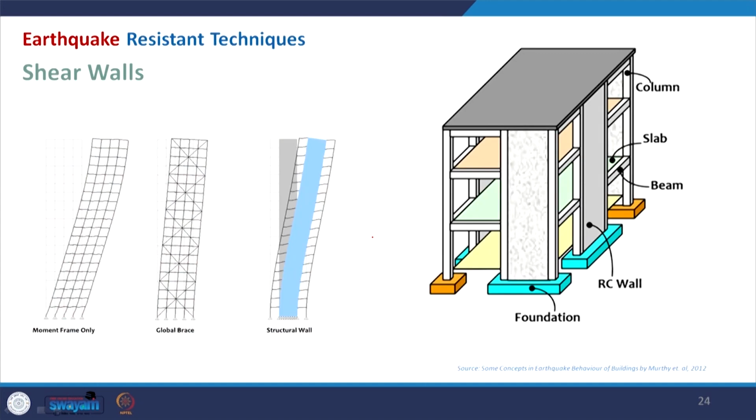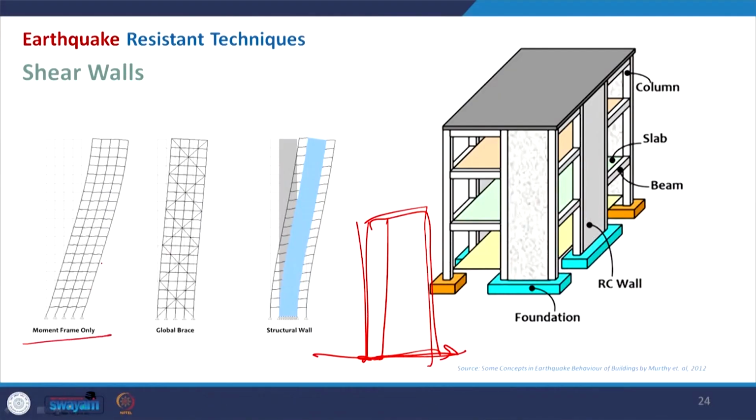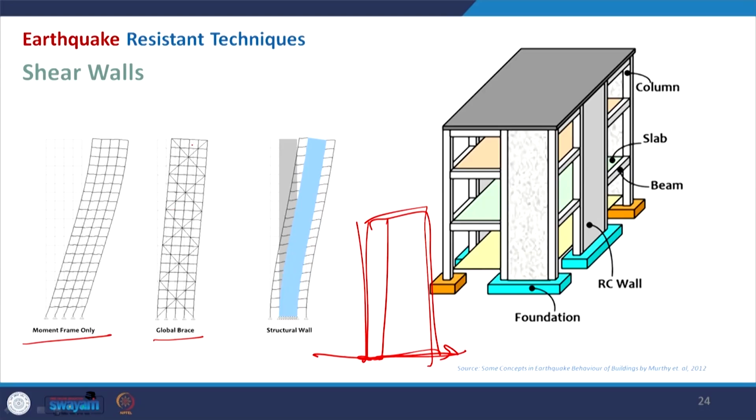Coming to the shear wall, we can say that it is basically a column which, if you extend it in the form of a surface cantilevered to the base, is the shear wall. It is made of RCC, reinforced cement concrete, and it will perform quite a bit better compared to the moment resistant frame or the simple beam column structure. In the moment frame you can see the deformation with a similar wave, and when you go for bracing you will have another one. When we discuss bracing we will get the advantage, and when you have the shear wall,